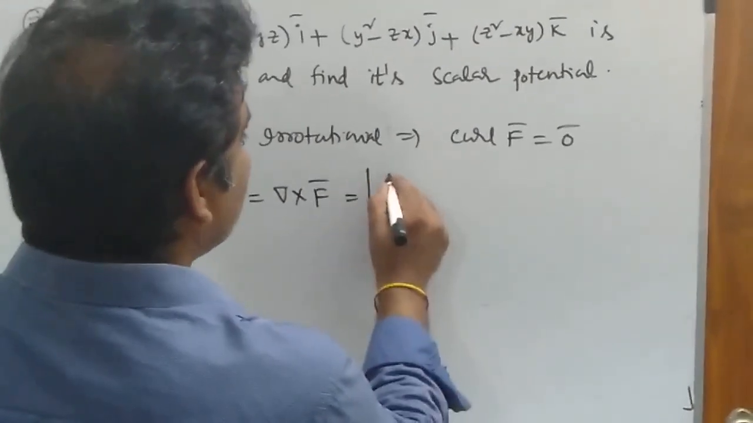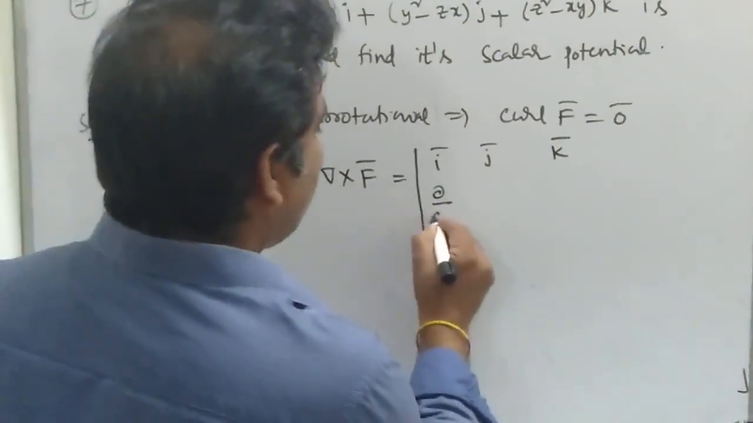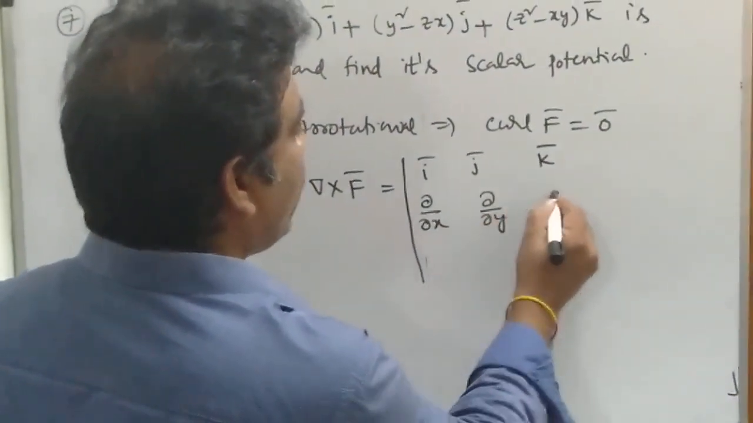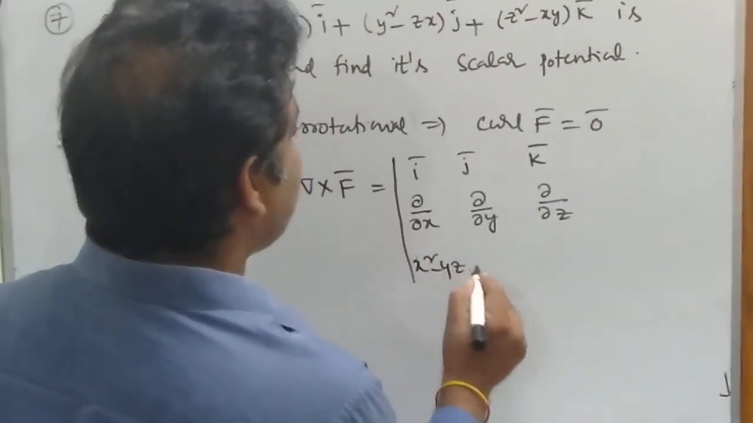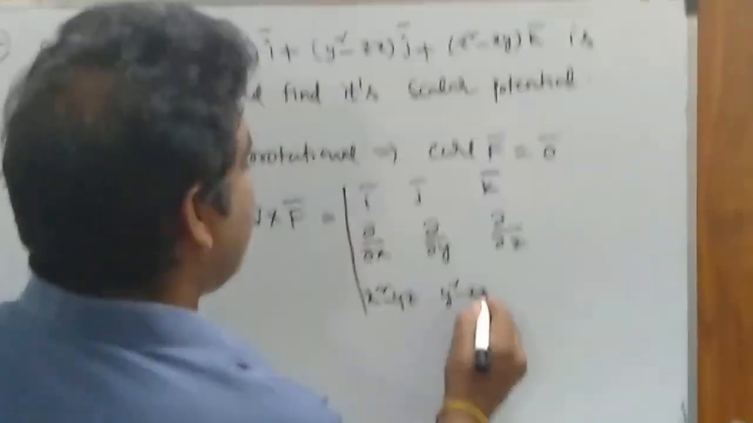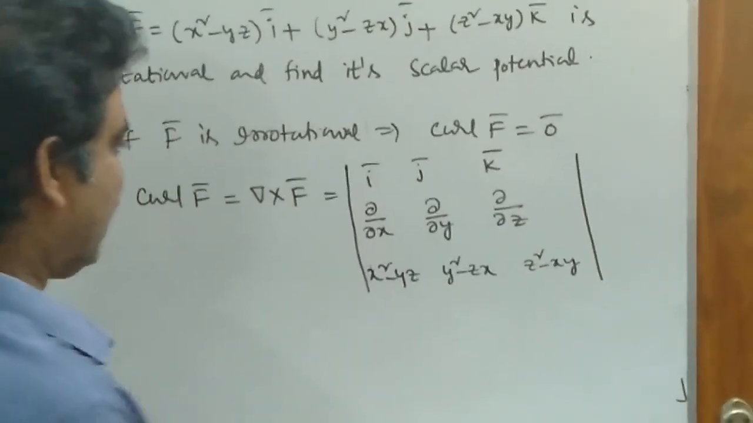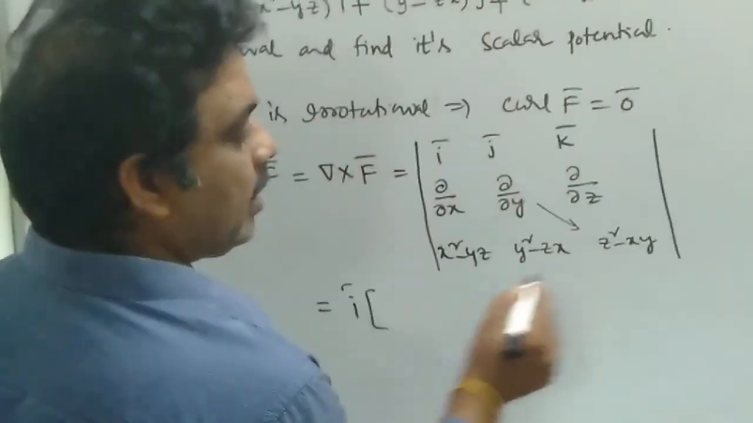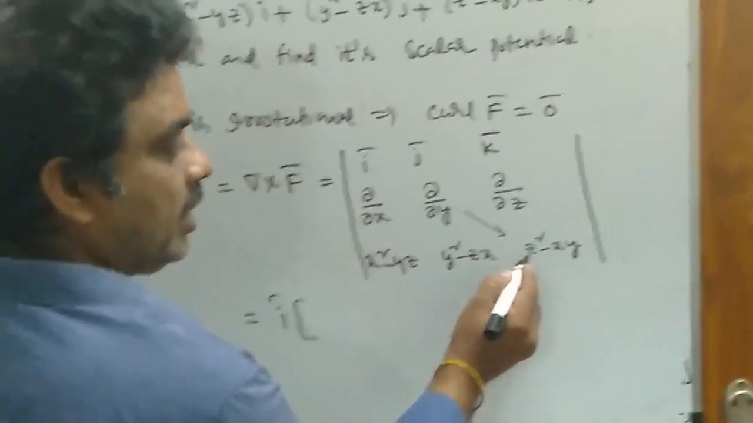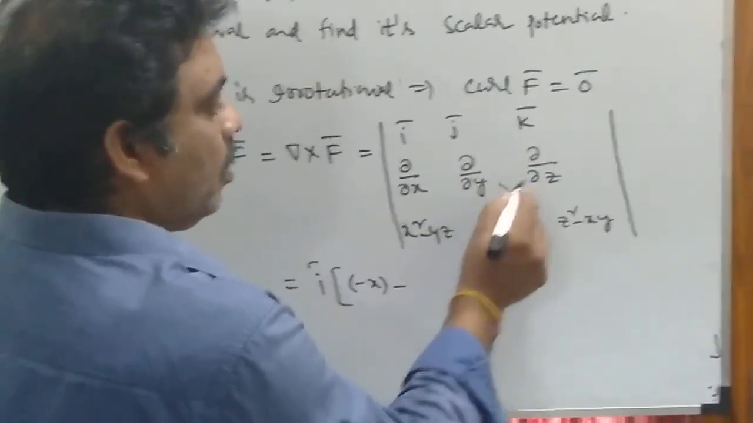So what is the first row? i bar, j bar, k bar. Second row: dou by dou x, dou by dou y, dou by dou z, and last row: x square minus yz, y square minus zx, z square minus xy. So in expanding the determinant, i bar into dou by dou y of this term, z square gives 0, this is minus x only, minus dou by dou z of this term, this is minus x,